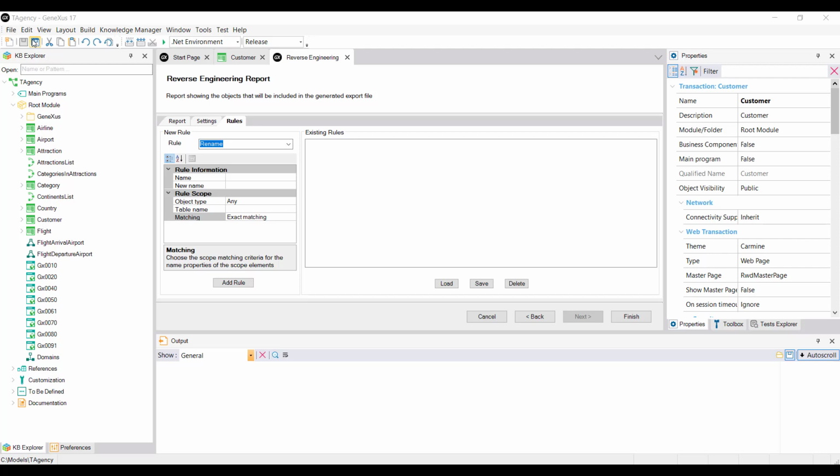Therefore, this tab allows us to state rules to rename attributes, objects, and so on, as well as change data types and make any necessary adjustments before generating the objects. In our example, we don't need to state rules of this type, but it's very intuitive to use, as in general all editors are. This is the last step of the wizard. We click on Finish.